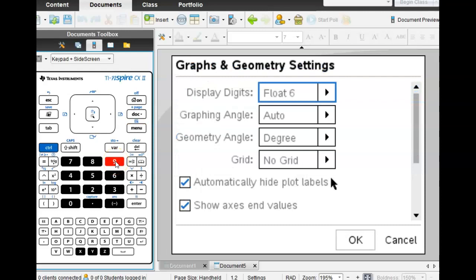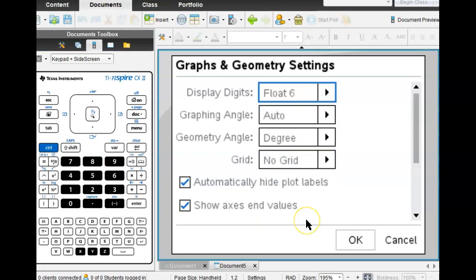This is what your settings should look like. It should say float 6. If it doesn't, you can change it. And remember, this little square thing in this big rectangular thing here is like a trackpad, so you can use it like a little mouse. And you can click on that, and you can make sure it says float 6. And just go ahead and, these 3 things actually don't matter at all right now. But these 2 here, automatically hide plot labels, you want checked,